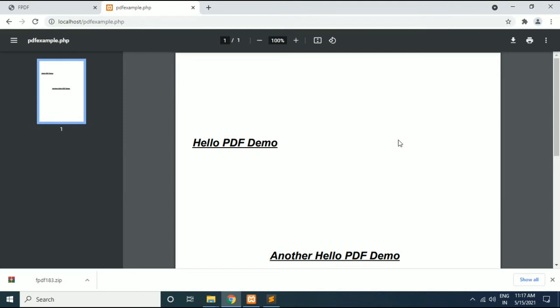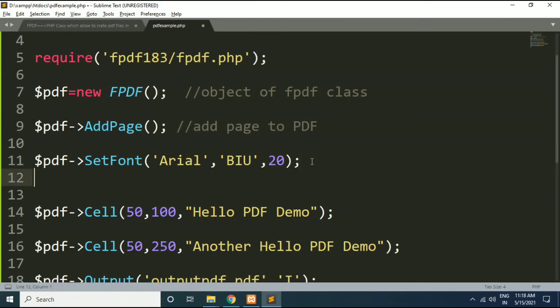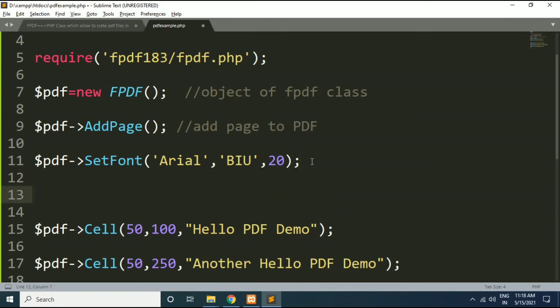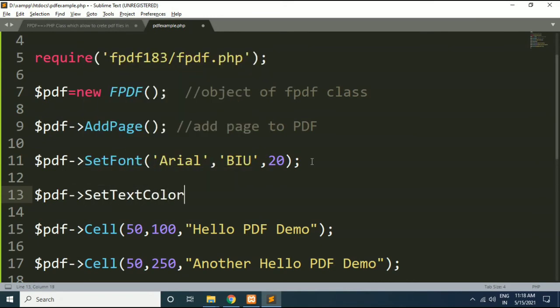Okay, now next I will try to show you how you can apply color to your text. So for applying color to text, we need to use a function called set text color. So here I will try to add color. So again I will use same object and I will call function set text color.